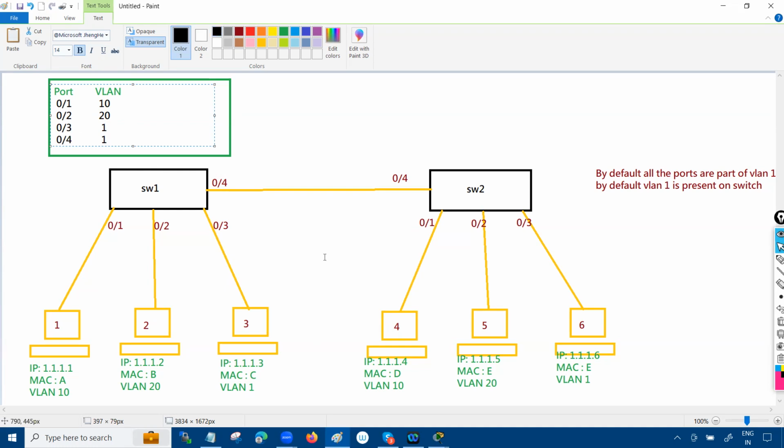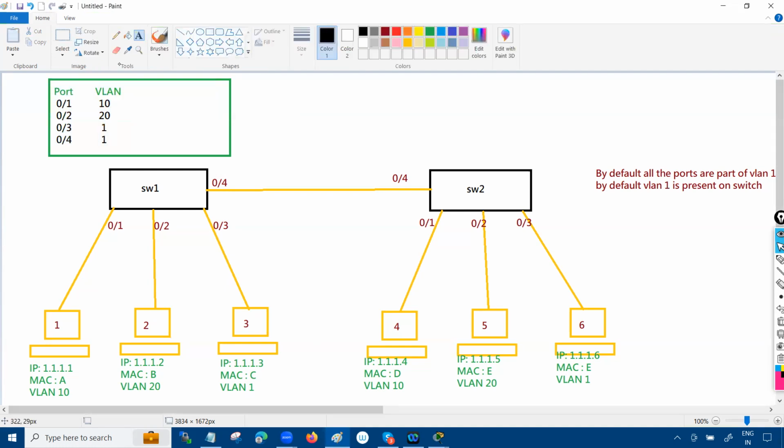Now, how about the MAC address table of switch 2? If you see the switch 2 MAC address table,